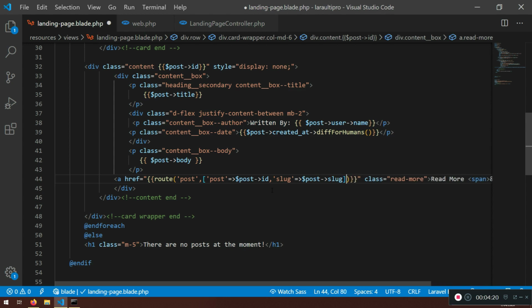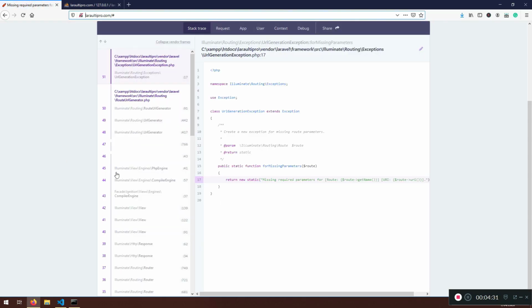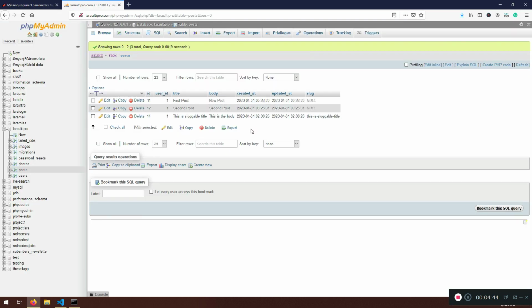All right, now close it, everything as it should. Why is it not giving me space here? Now read more is there. So I'm gonna refresh, and we are missing something, right? Missing required parameters. Now I think I know what the problem is here. The thing is that if you go back into the database posts, we do have this slug null, right? So let me just